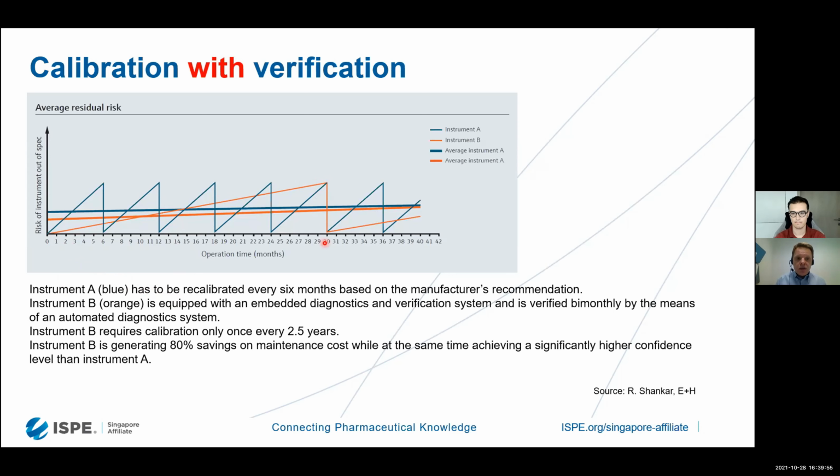This combination is generating 80% of maintenance cost, while at the same time achieving significantly higher confidence level than the first device when you only calibrate per fixed interval, despite the fact that the calibration interval for the first instrument is shorter. So to conclude,